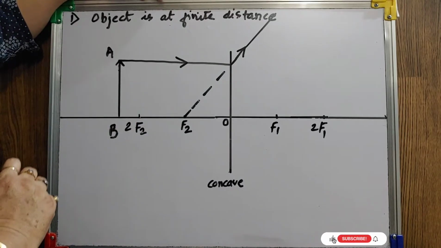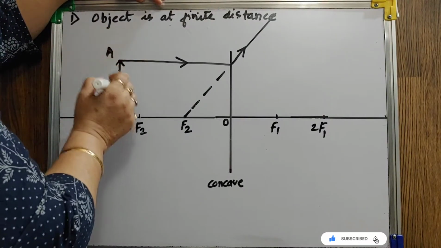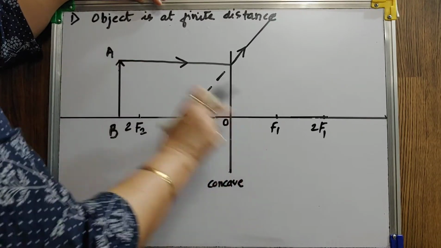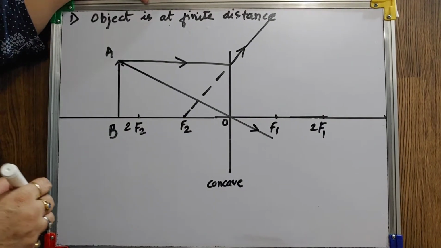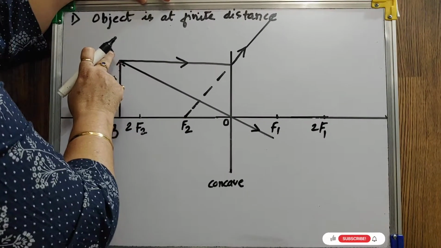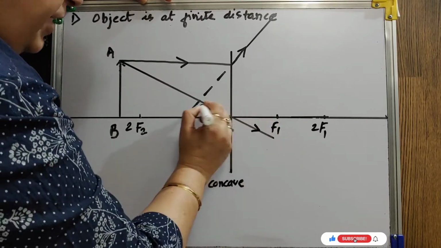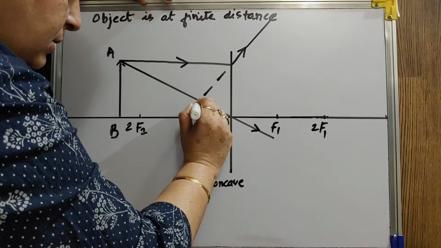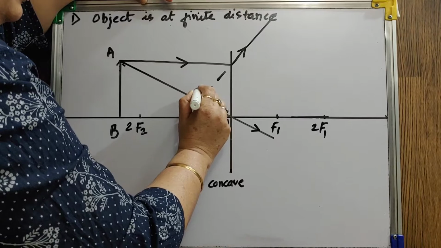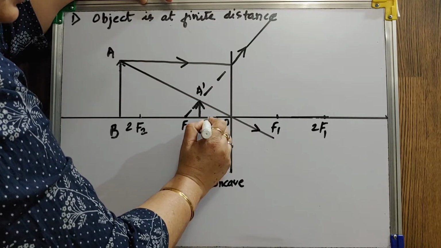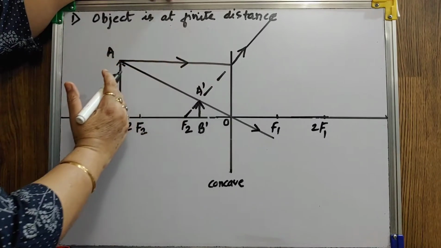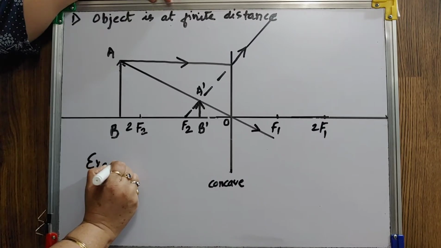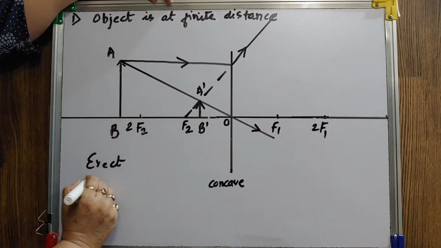Now our second ray: you have to draw the ray passing through A and O. You have to join A and O. Now when you draw this ray joining A and O, they intersect at this point. Now this is your image, A dash B dash. Again it is on the same side of the lens. Now this image is erect, but just compare the size. So it is diminished.